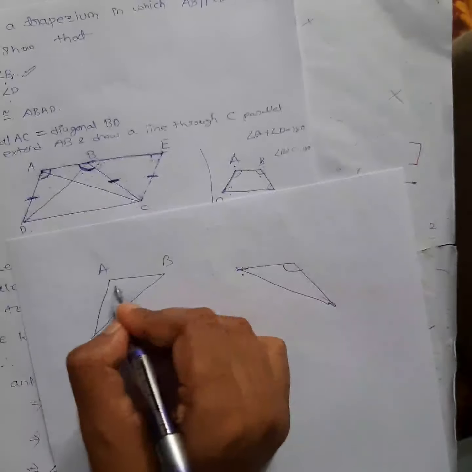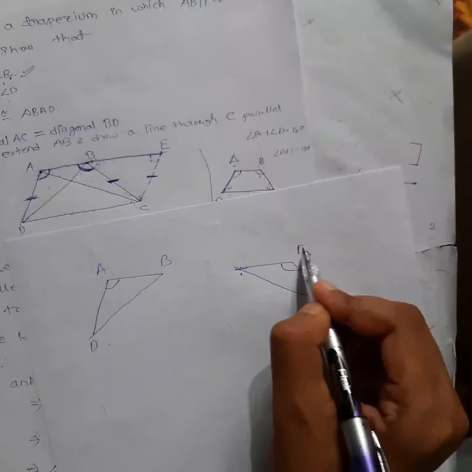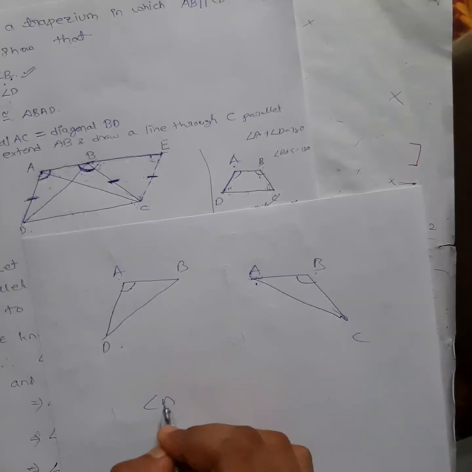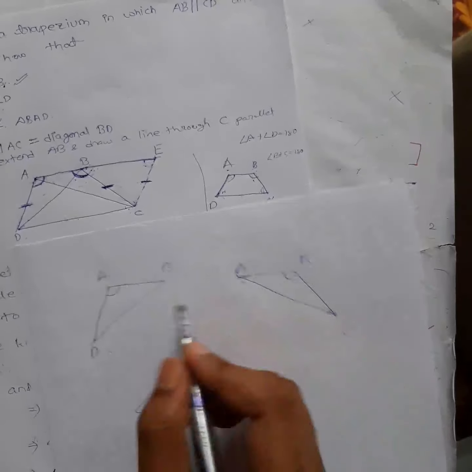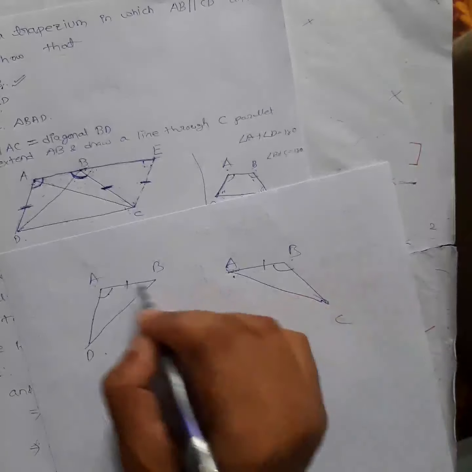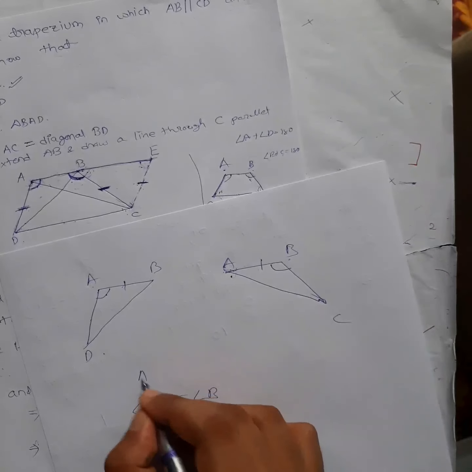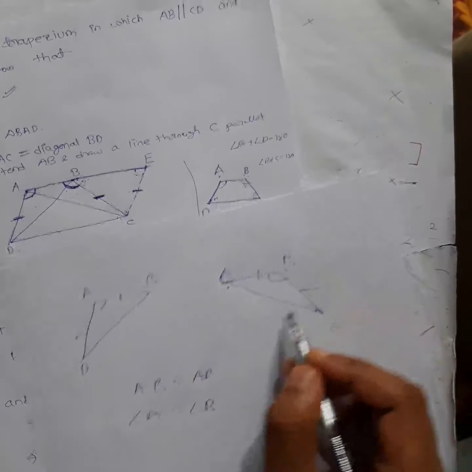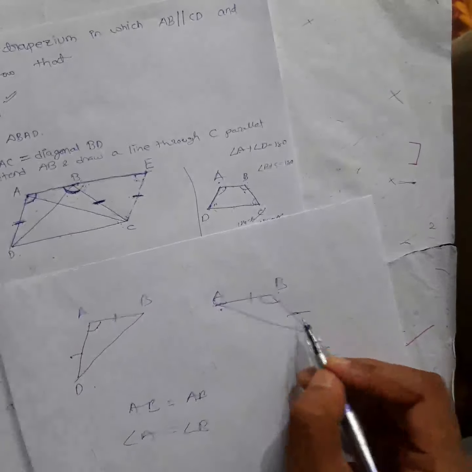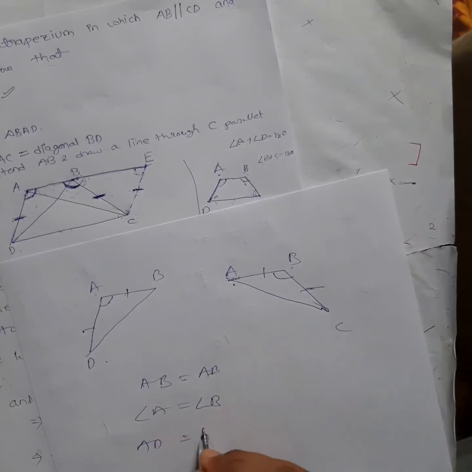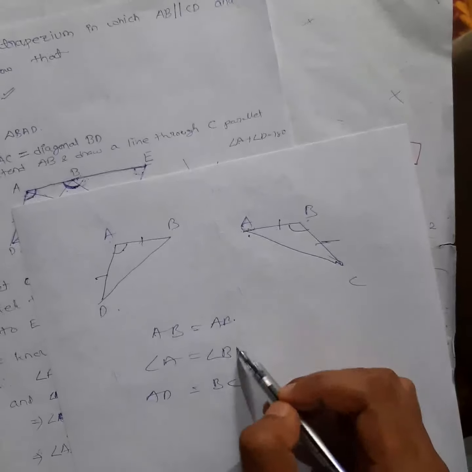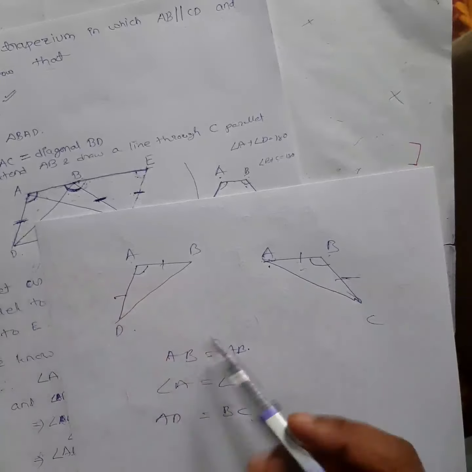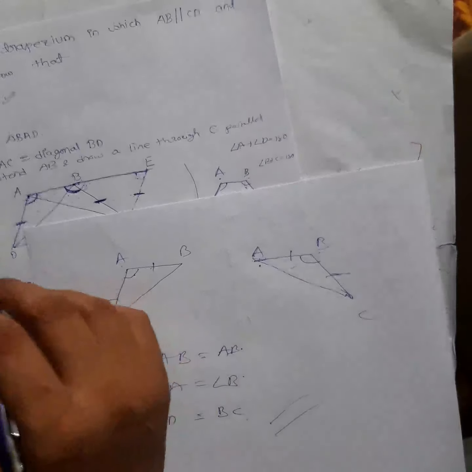Now we know this angle and this angle are the same. We have already proved this is B, this is A. We have already proved angle A is equal to angle B. Right. This side and this side will be the same, common. AB is equal to AB. So side, angle, this side same, already given. AD is equal to BC. So you can see side angle side, so the two triangles are congruent. So you can write that one yourself, very simple, right? We have done many questions based on this.